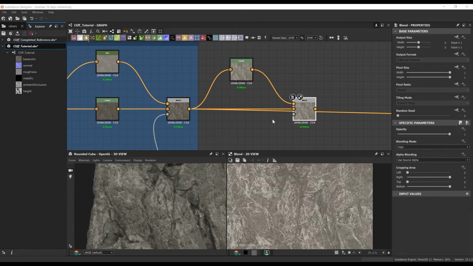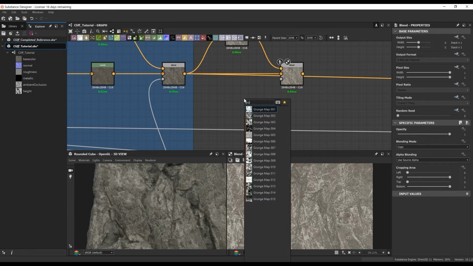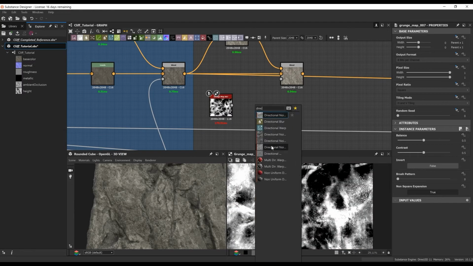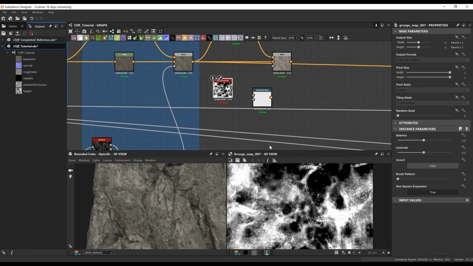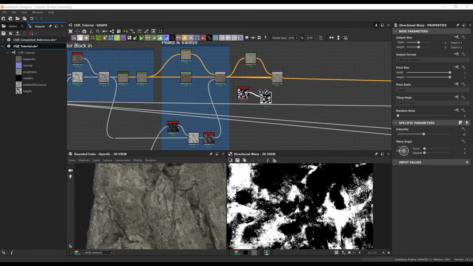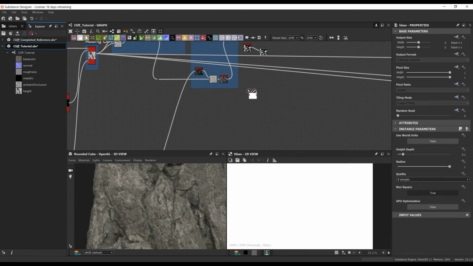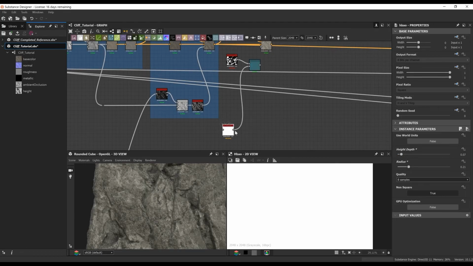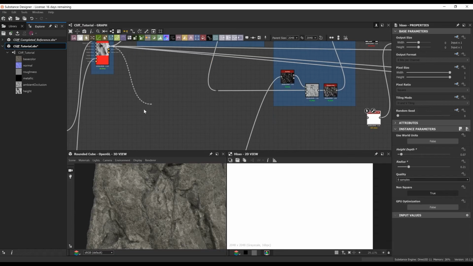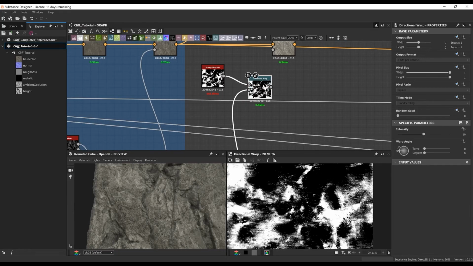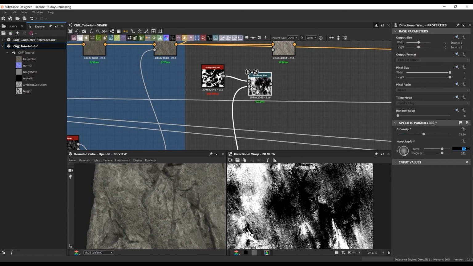Again, moving forward, getting some more color variation, and here I'm just getting some basic grunge maps with some directional warps to break up the surface of the color and get some different colors in there. The directional warp intensity is actually coming from another ambient occlusion we created. I'm just using that as the intensity for the grunge, so it warps a little bit. You can see the result once I start bringing up the intensity. And this is just to bring in some whites in here.